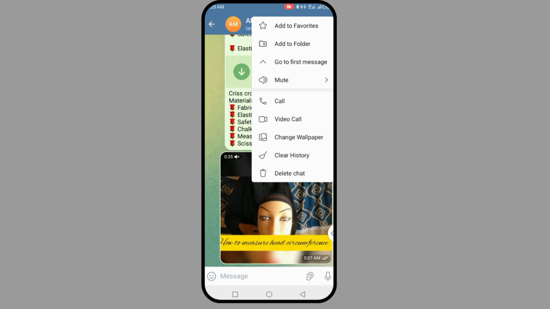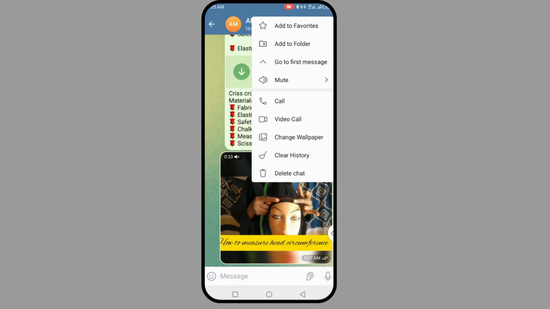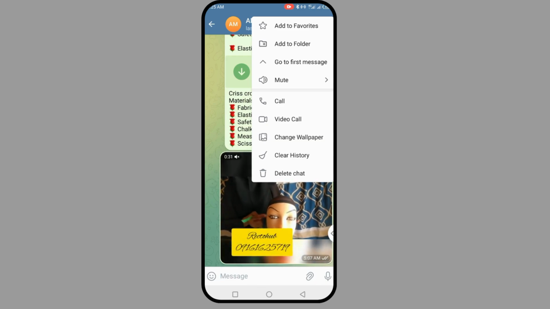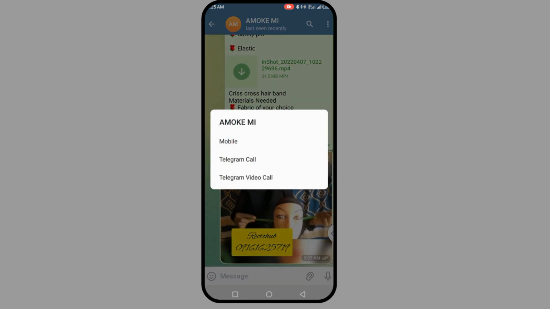You can see if you want to go to first message, click on this. You want to add the favorite, change the wallpaper, video call, delete history, delete your chat, everything. It is very easy. Just click on call, then see is it a mobile call or Telegram call or a